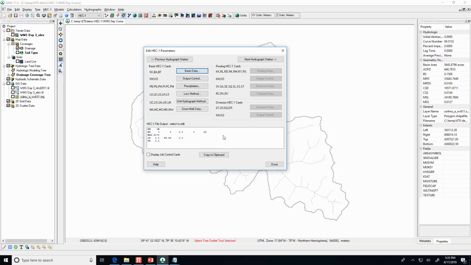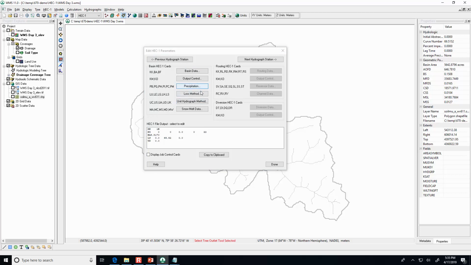And I told you that in the olden days, what they had to do to run a hydrologic model was start a text file and fill all of this in, counting the number of spaces that they'd calculated. All of this information is automatically filled in by WMS rather than us having to format this text file just right.